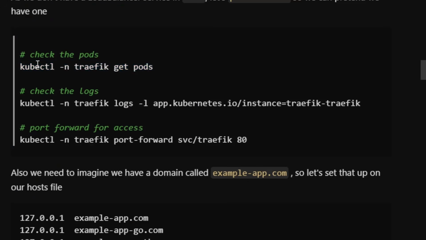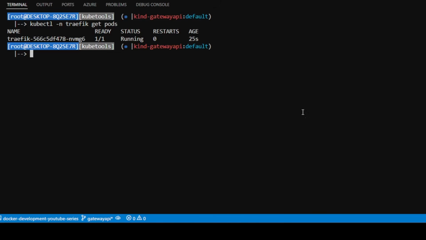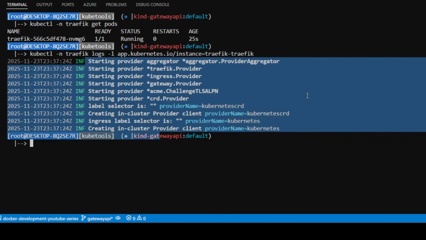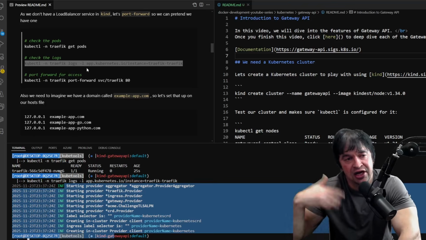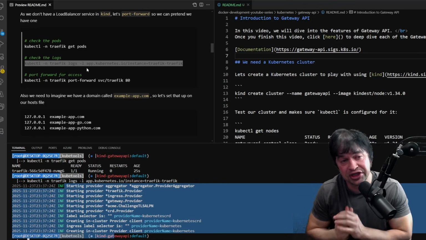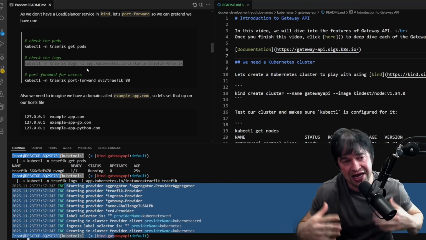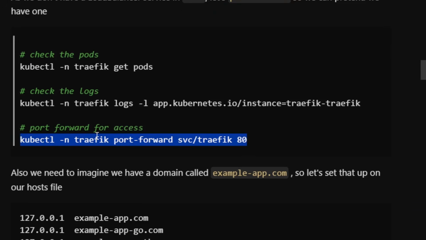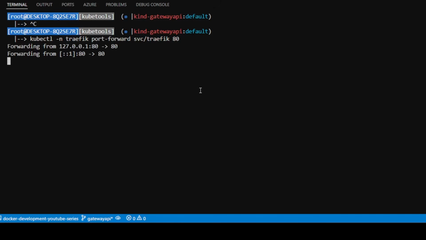I can then go ahead and check my installation by running kubectl get pods. Go ahead and run that and that's all looking good. I can use the kubectl logs command to check the output if my controller is happy. We can see that it's there, it's all good to go. And since we don't have a load balancer, we're running kind, we're just going to use port forward to create an endpoint that we can start to use. So kubectl port-forward is great for that. I go to my terminal and I set that up, and I can leave this terminal running in the background